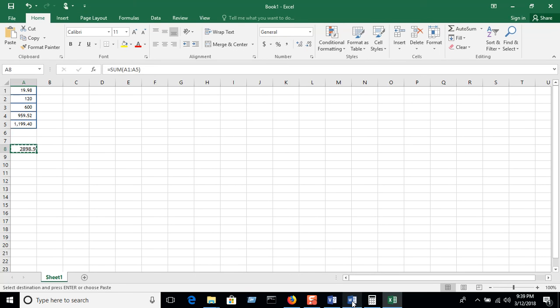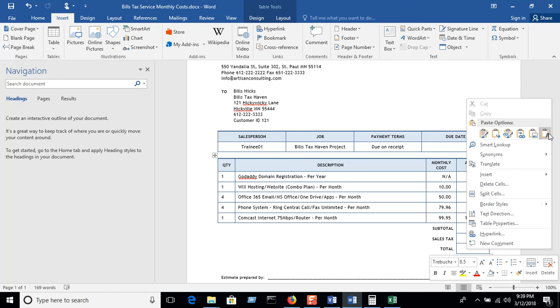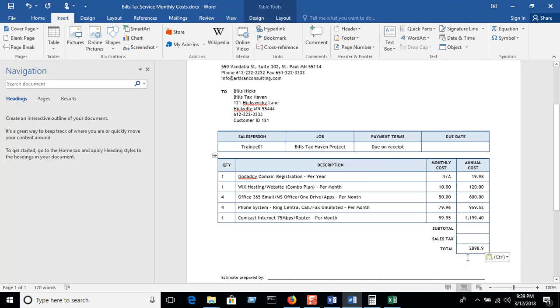So 2898.9. Okay, so I'm going to copy that and put it under the total. Right click, remember, and text only. So I'm going to put the $ sign on here, put a little comma there to separate. So that's going to be